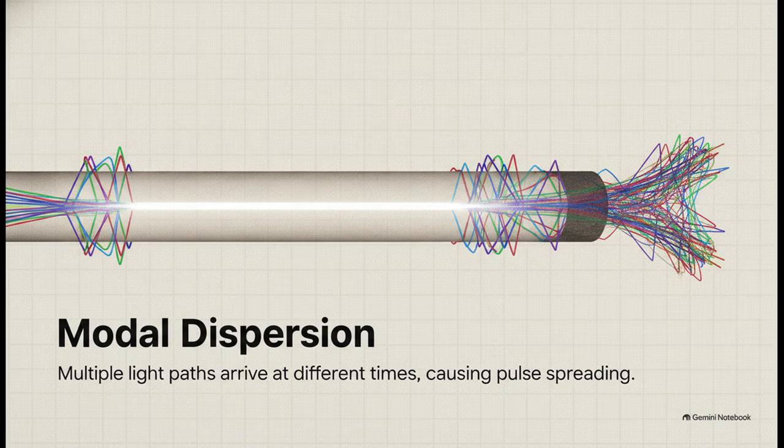To really grasp why these different core sizes matter so much, we have to look inside that wider multimode core. Because it is wider, it allows multiple modes or paths of light to travel all at the same time. The light ray traveling perfectly straight down the center, which is the lowest mode, gets to the destination faster. But meanwhile, the higher modes are bouncing wildly off the outer cladding. They're essentially taking a longer, zigzag path, so they arrive later. This gap in arrival time creates chaotic pulse spreading. That is modal dispersion in a nutshell,